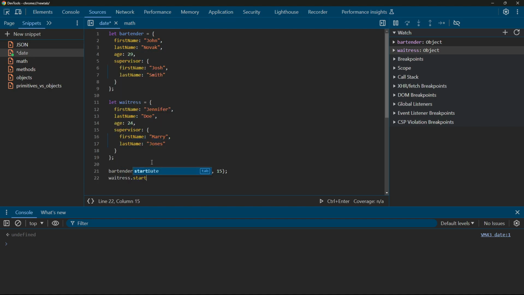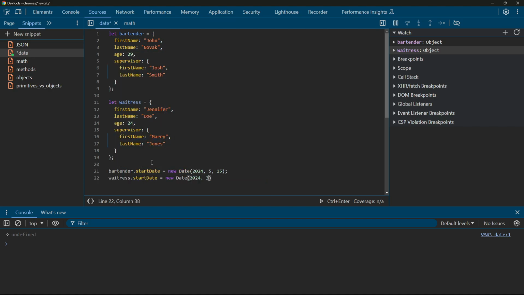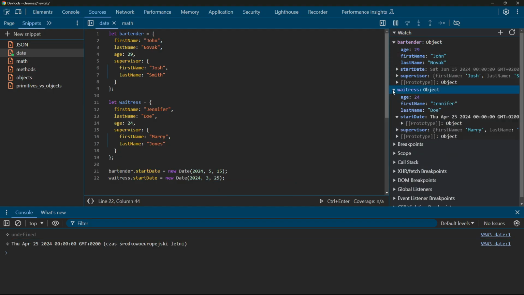And waitress start date will be new Date(2024, 3, 25), and this is April 25th,